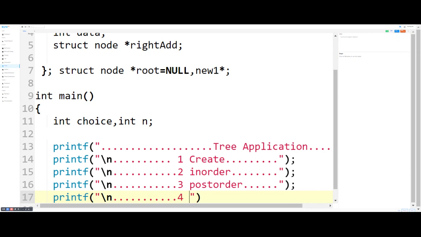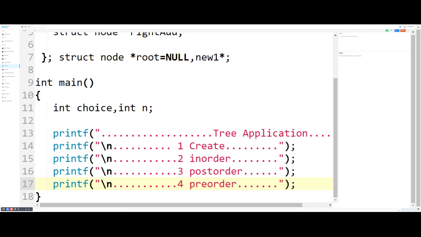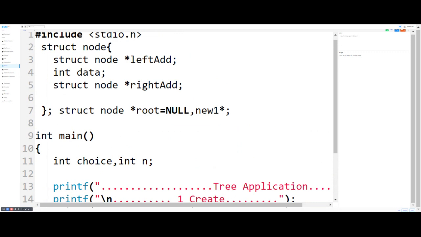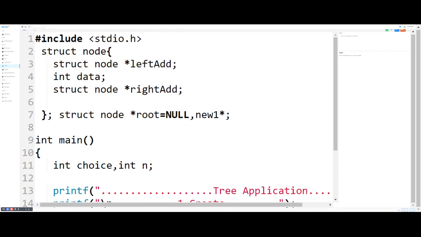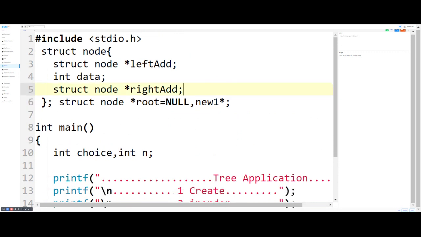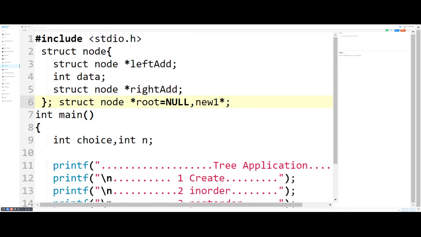Fourth is pre order. So note down this code till here. So this is our code starting from here, and you can note down this code.